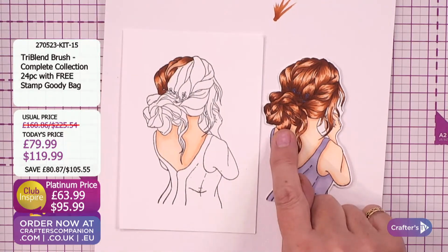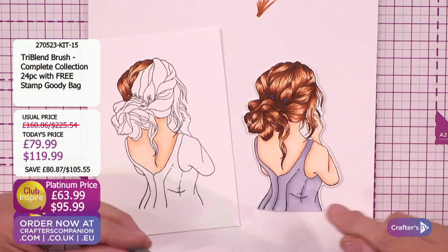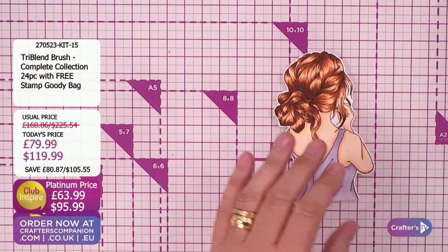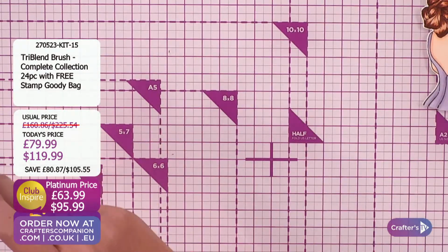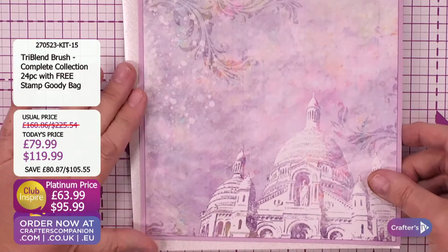But I actually chose to do it as her hair, and then she's just got a little tiny spray in the back of her hair. And then I've used the hydrangea one to colour her dress in, okay? And then just to make that into a project, as I say, I think these are lovely for any kind of special occasion. So whether it be a wedding or an anniversary or an engagement, anything like that,